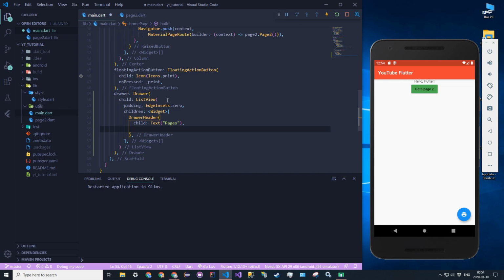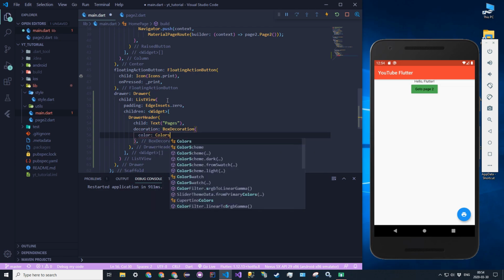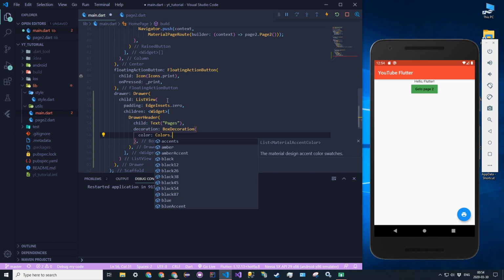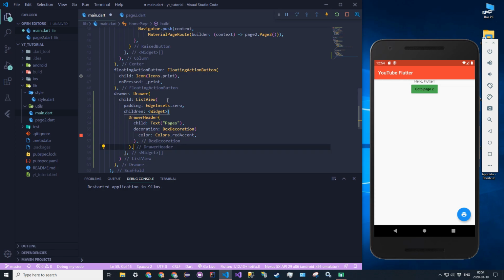and then we can also specify decorations. So we can say decoration. It'll be box decoration, and we'll say a color of colors dot, let's say just red, just to keep a red accent. How about that, just to get them really fancy. And then let's add our actual element to get to the second page, because that's what you would typically have in a navigation drawer. So as a second element, we're going to say list